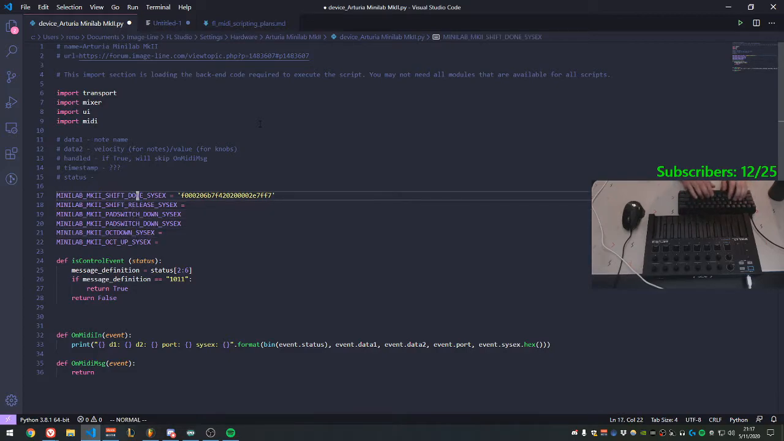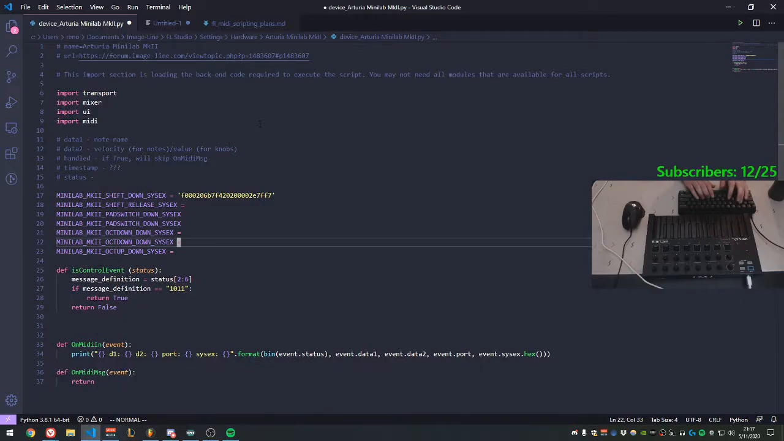Oh, I put done here. That's not what I want. This should be down. So this one's going to look a little weird because it's going to be octave down, down, but that's fine. And then this should be down, and then, oh god. So yank this, paste it, and then this should be,